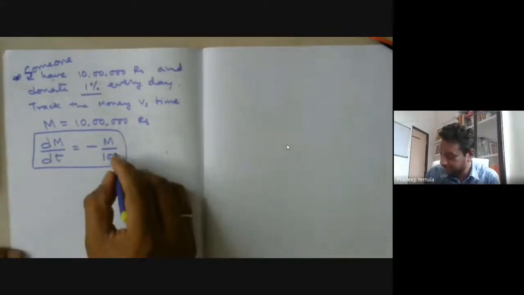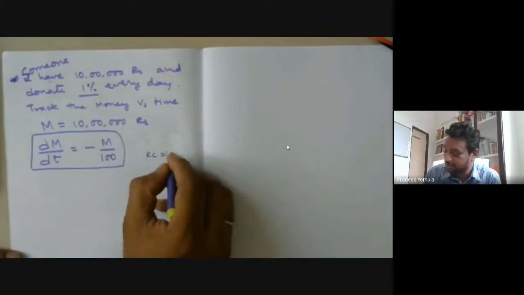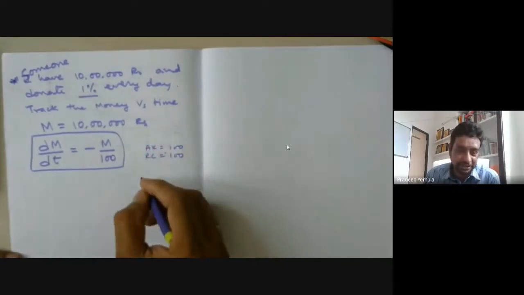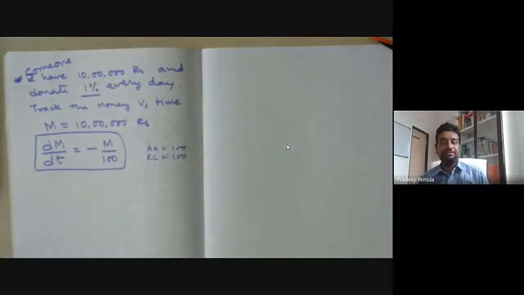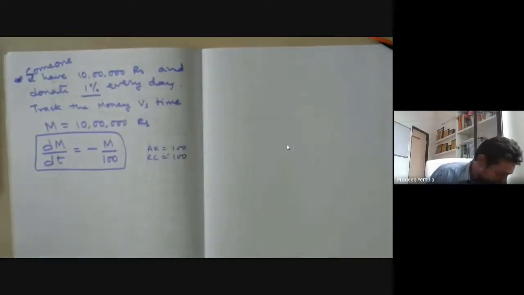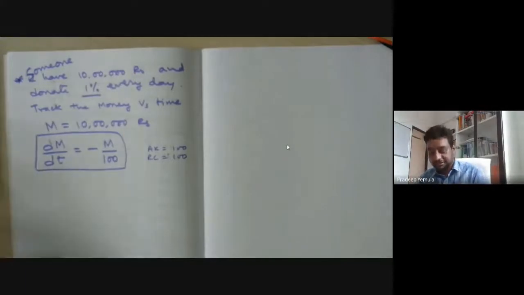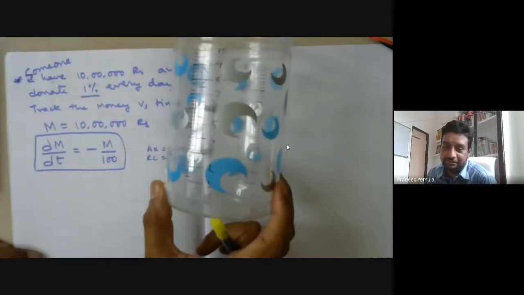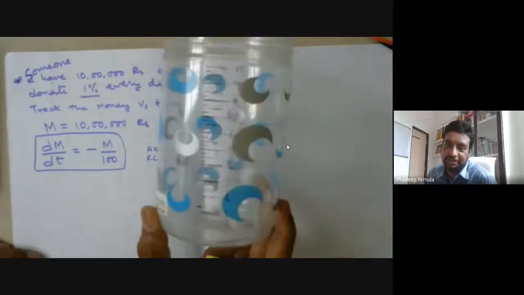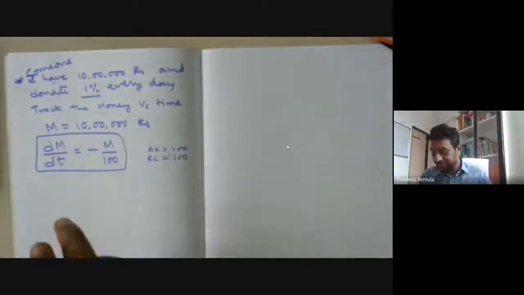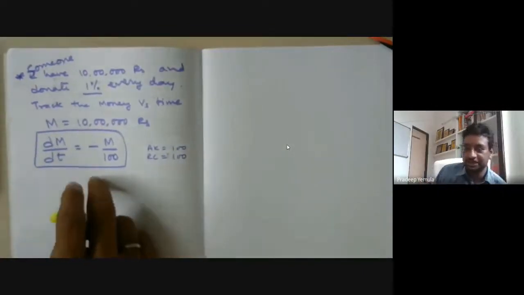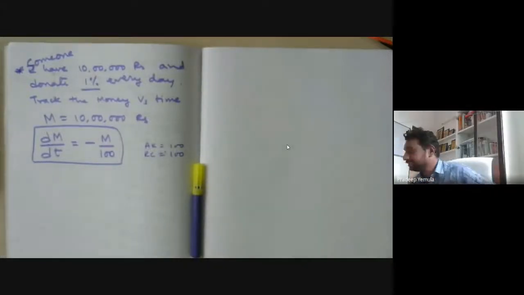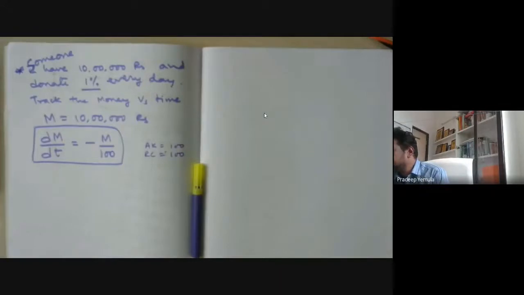In this 100 we are getting, see in the earlier example the RC time constant was 100. In the previous example the constant was 100. So now in this example, what is 1 by 100? 1 by 100 is 1%. So in other words, we can say if I fill water in this, every 1 second, 1% of water will be lost. So like that this bottle is designed. Of course you can always write the equation, but I want to show one more way of writing this. Through Excel calculation we can do it.